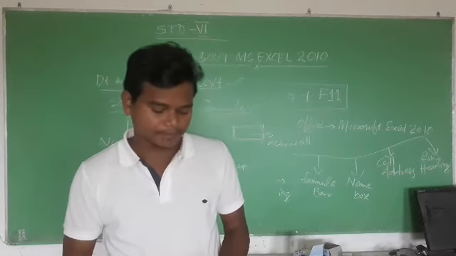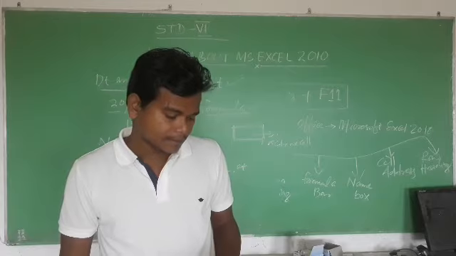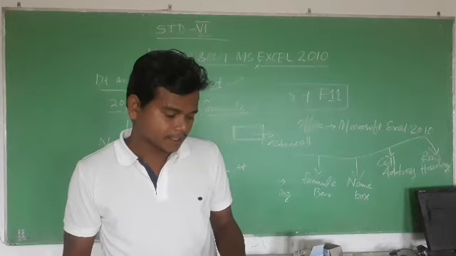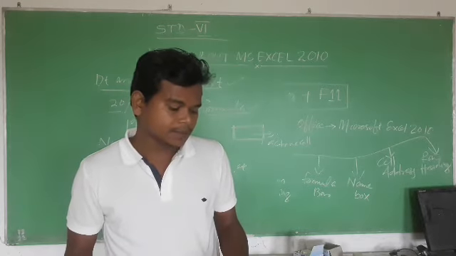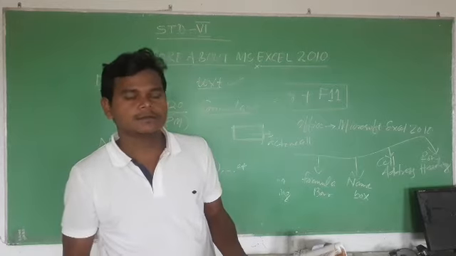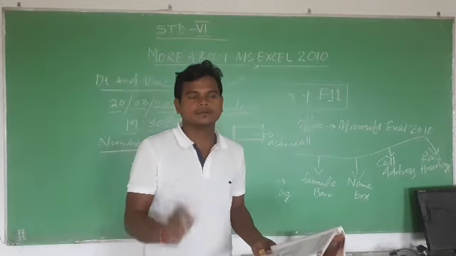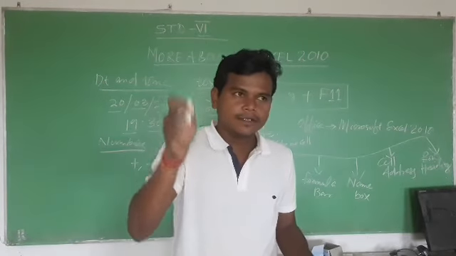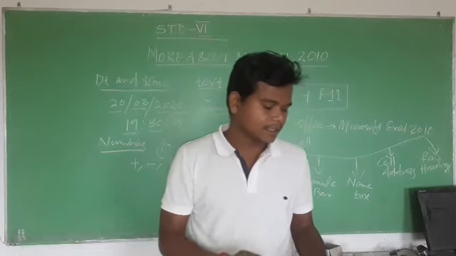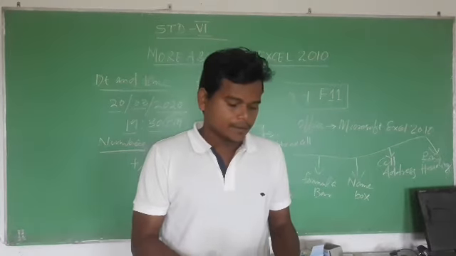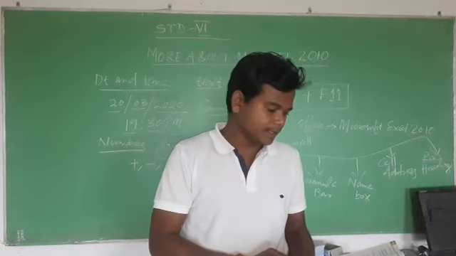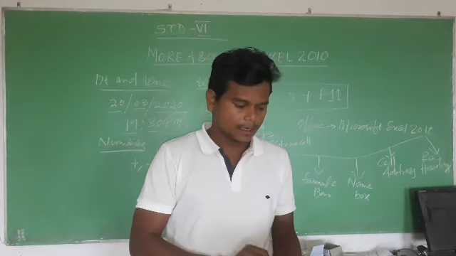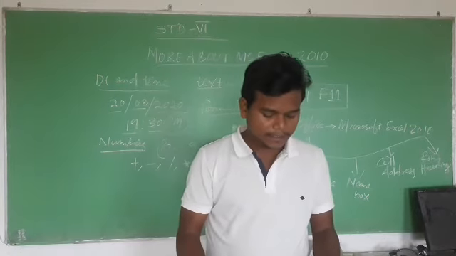Selecting an entire column is very simple. Click on the column header or the row header, the row number. Select a single column or row first, respectively, and drag the mouse pointer up to the lowermost cell. You will see all the cells that you have dragged are selected, in a single or an entire column or entire row. This is how we select.